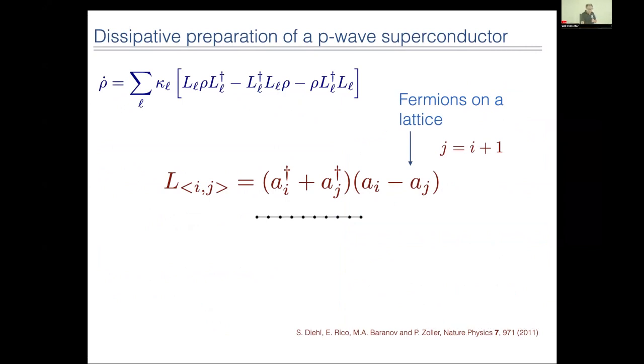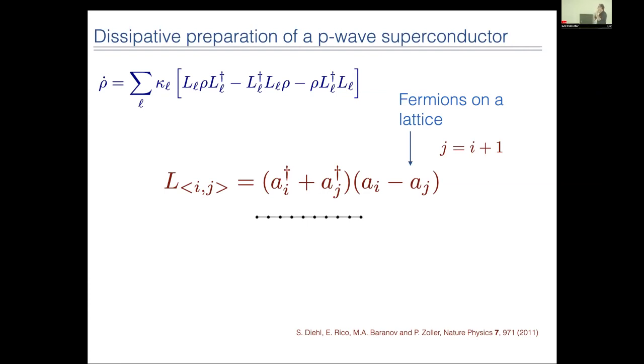Just one example that was discussed soon after the initial work, again by more or less the same group of people. That is how to prepare the ground state of a Kitaev chain. So it's a topological state. So how to do it? Well, they showed that if you take a purely dissipative system, zero Hamiltonian, and they have a proposal on how to implement it in optical lattices,